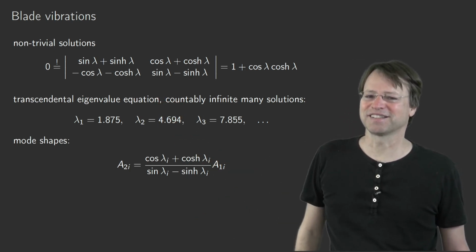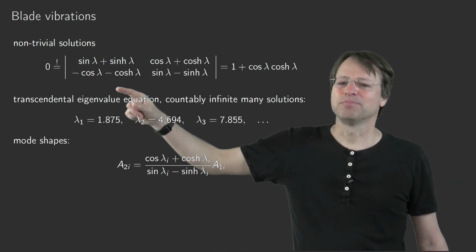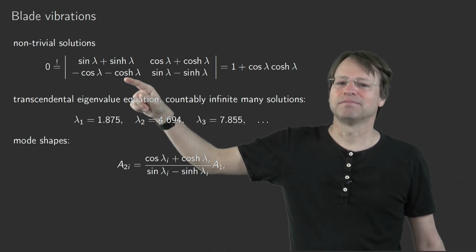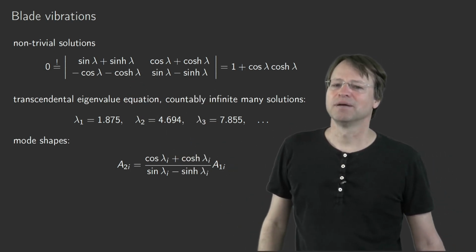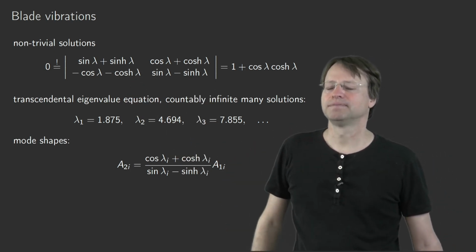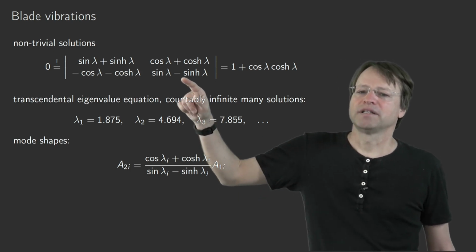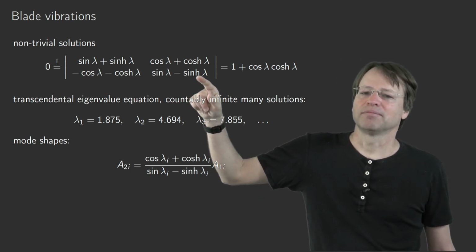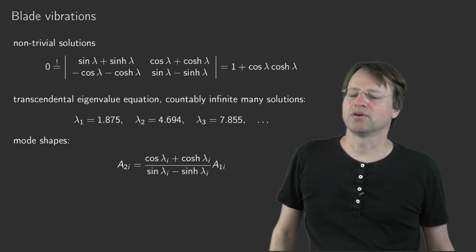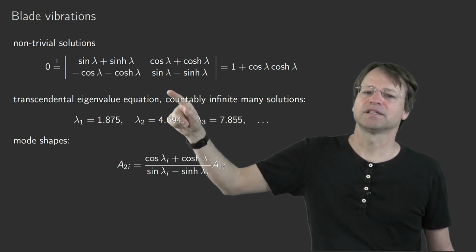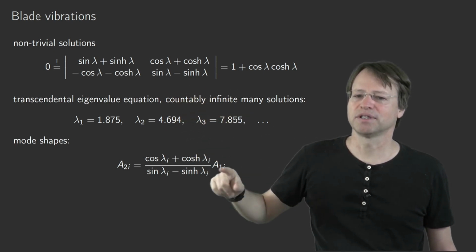Okay, let's take the second one. You multiply cosine lambda minus hyperbolic cosine lambda by a sub 1. You multiply sine lambda minus hyperbolic sine lambda by a sub 2. In order to obtain a sub 2, you then have to divide by sine lambda minus hyperbolic sine lambda, which